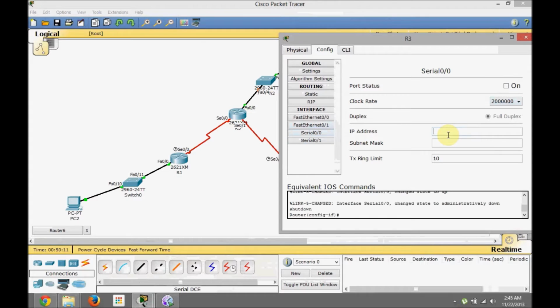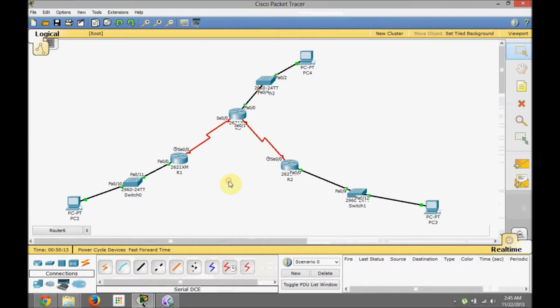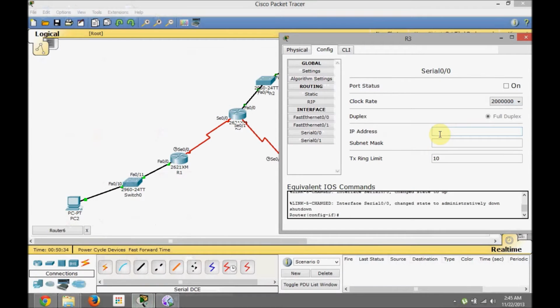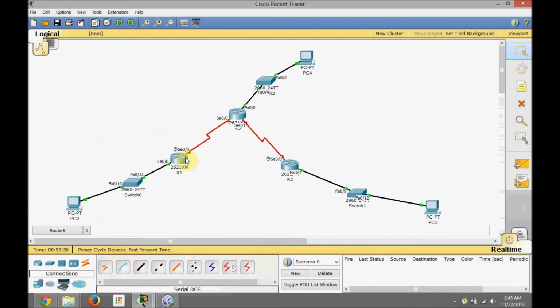But one thing is important: the IP address that you would give to this serial port should be from the same network as this serial port. I mean, both these serial ports should be on the same network, but the host IP addresses should be different. Okay, so just go ahead and let me see what was the